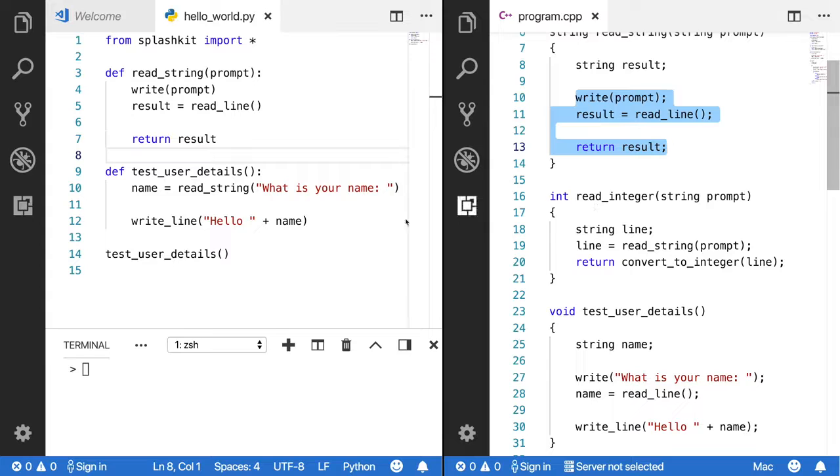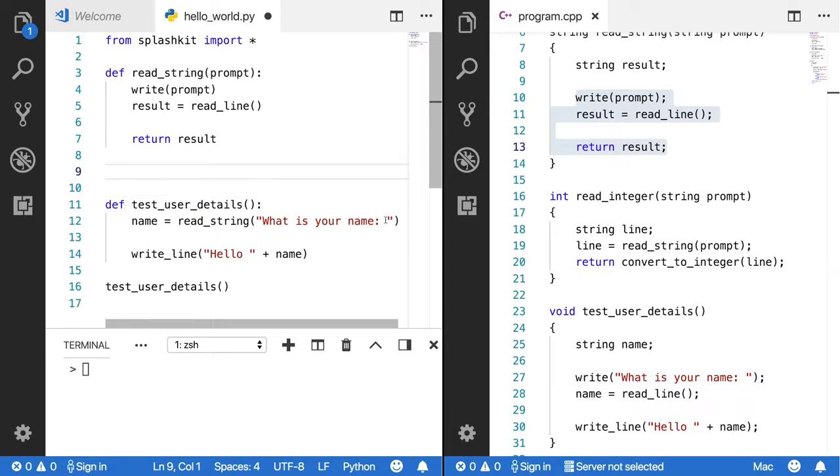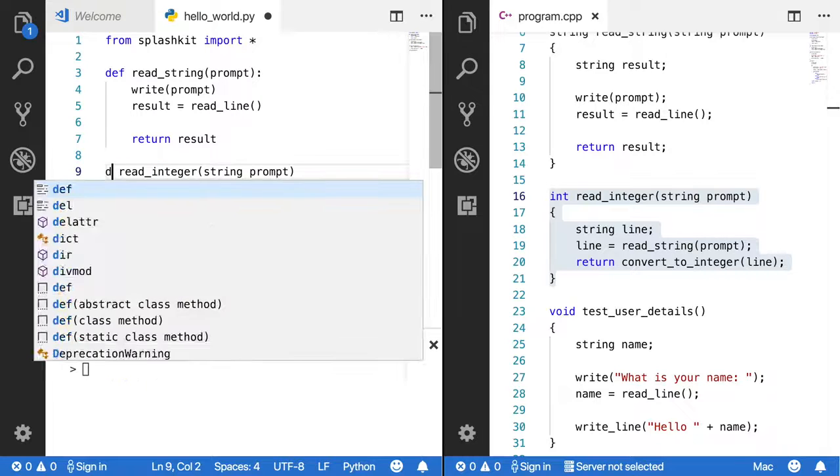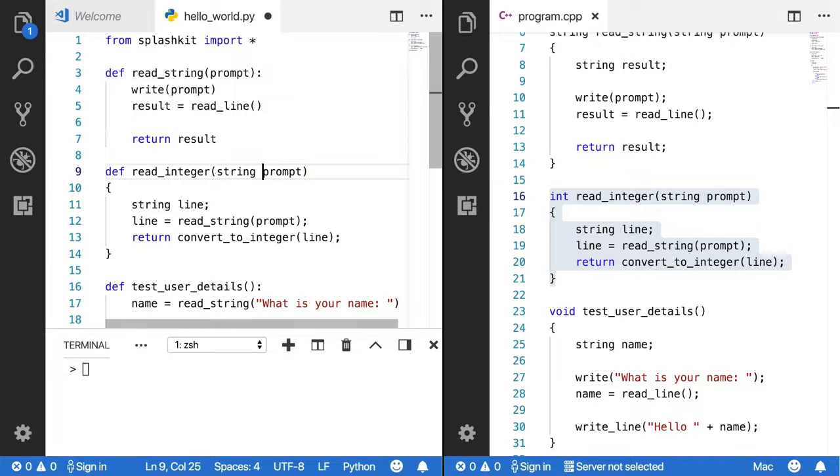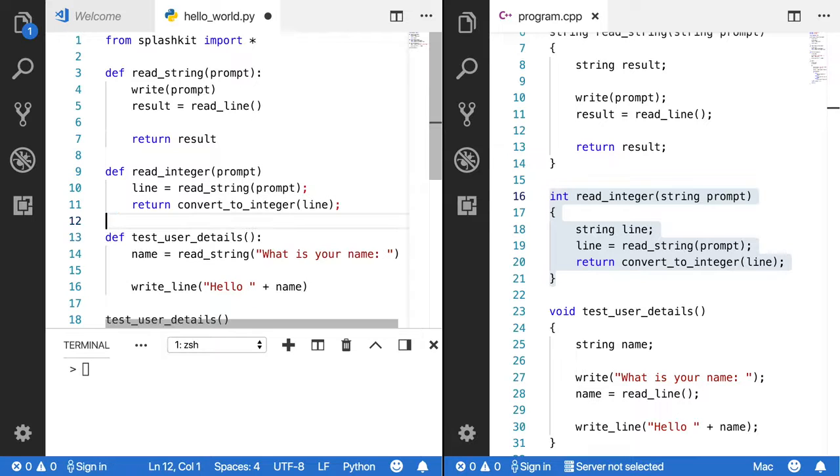Let's add in our read integer function. So in this case, look, really, we can copy and paste most of it over here. Let's now adjust it. So it would be def read integer. We don't need to say the type in Python. The type is determined by the value passed to it. It still has a type, we just can't see it in the code. We don't need semicolons,